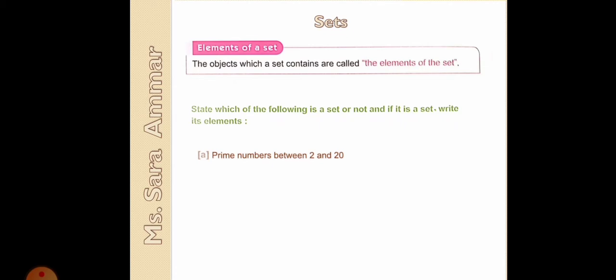Like the prime numbers between 2 and 20. You have studied the prime numbers in Junior 4. You know it and you have memorized the song for it. Do you remember it? It's like 2, 3, 5, 7, 11, and so on. So I want the prime numbers between 2 and 20. I cannot start from 2. I will take the next prime number, which is 3, then 5, 7, 11, 13, 17, and stop at 19. These are the prime numbers between 2 and 20.